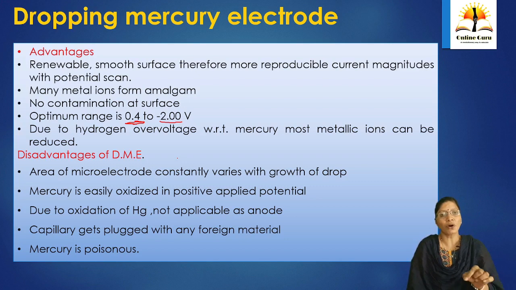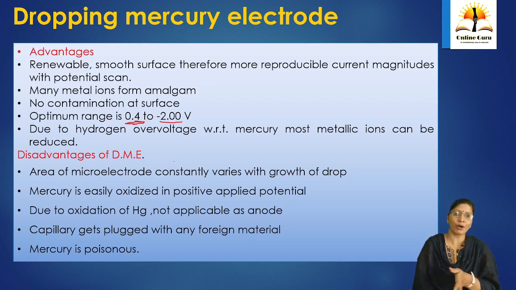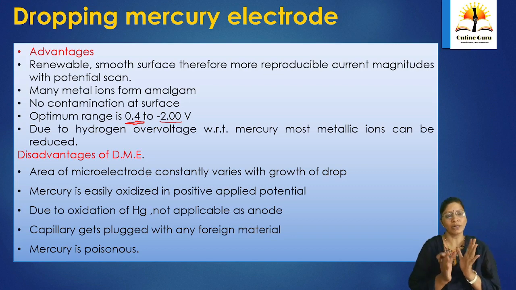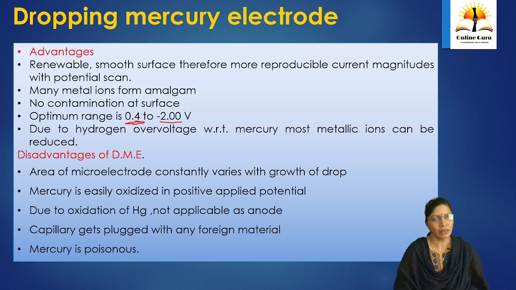So this is what we are going to call overvoltage. Whatever is predicted above that magnitude, if it is given in the system, is called overvoltage, and that will be due to hydrogen overvoltage from the media. Whatever medium solvent is taken is an aqueous solution, so most often you have hydrogen from the aqueous system, and that can produce an overvoltage and lead to complete reduction of most of the metal cations. So from all these advantages we can confirm that the dropping mercury electrode can behave very easily as a cathode, and it can be applied for most metal cations.